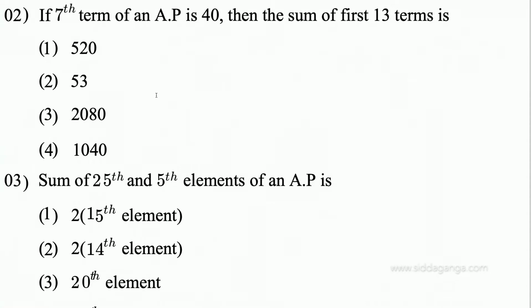Okay, let's move on to question number 2. Question number 2 is like this. If the 7th term of an AP is 40, then the sum of the first 13 elements is